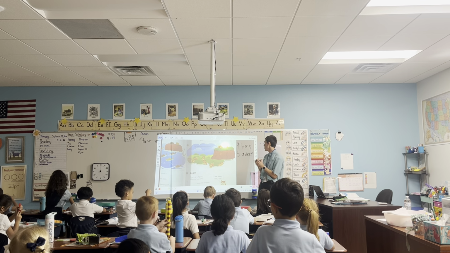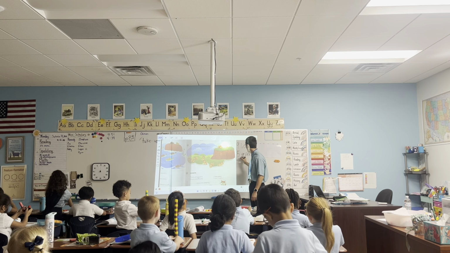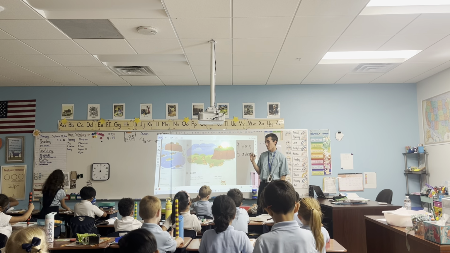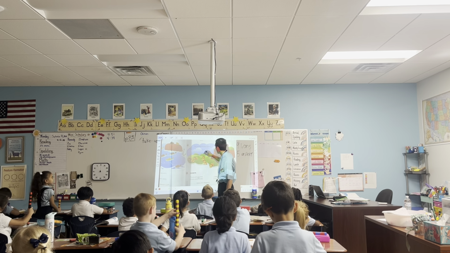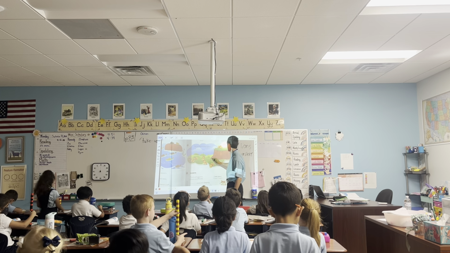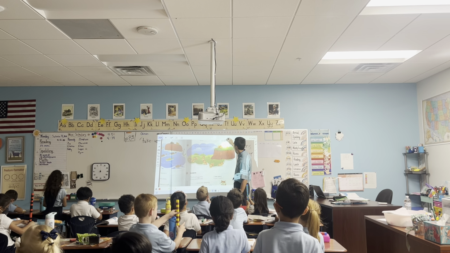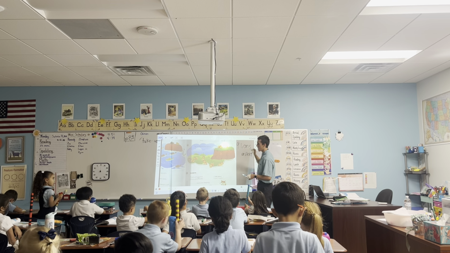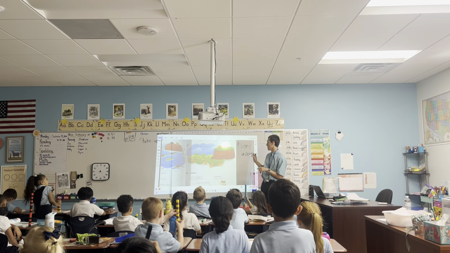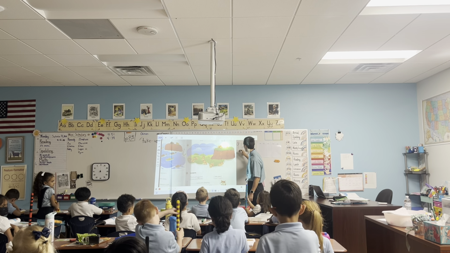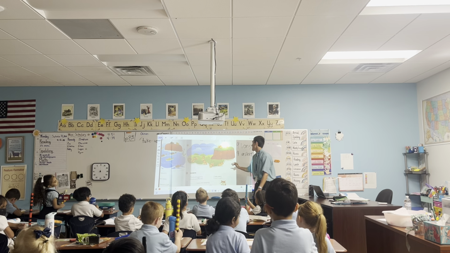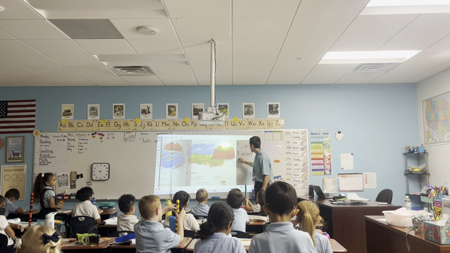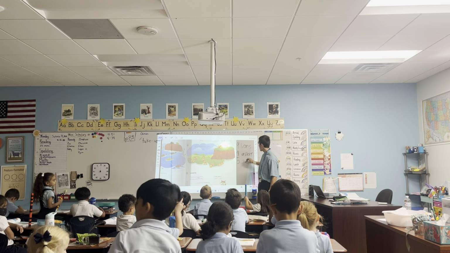4. 4 lions, right? So do we have 5 lions that are asleep or awake? Let's count. Awake. So we've got 1, 2, 3, 4, 5 lions that are awake. So that means how many are asleep? We've got 4, right? So I can turn these 2 numbers, the 4 asleep and the 5 awake,